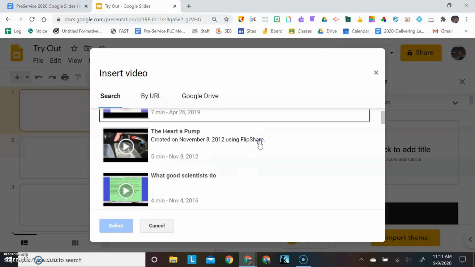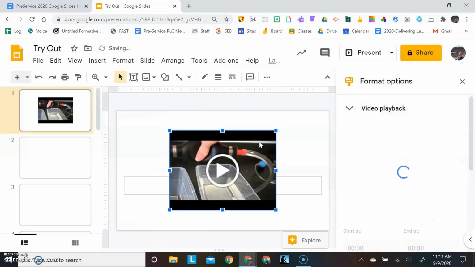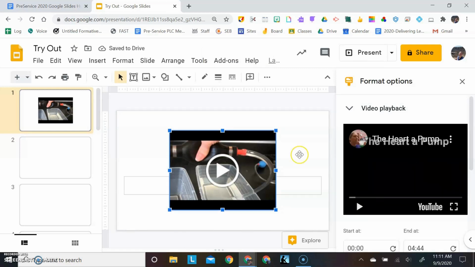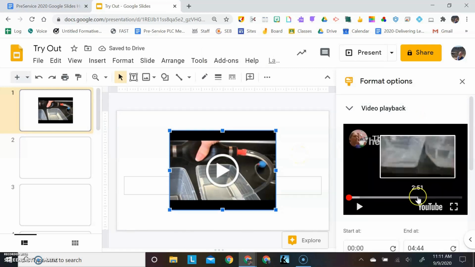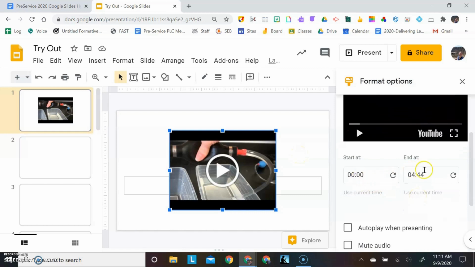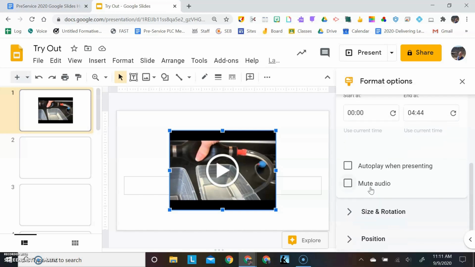Let's say that I wanted to put that in. Over here, it gives me a few different options. I can have it start and end at a certain spot in the video, so if you don't want students watching beyond a certain part, you can. You can make it automatically start playing as soon as